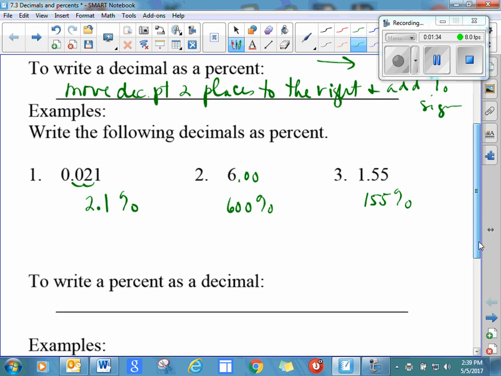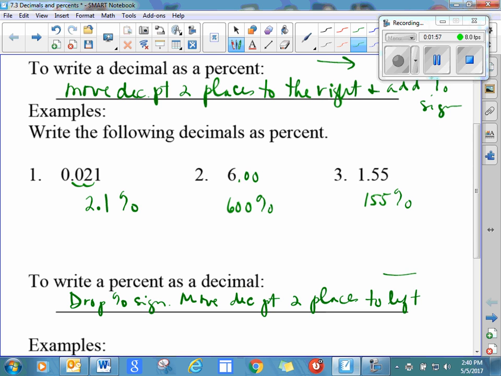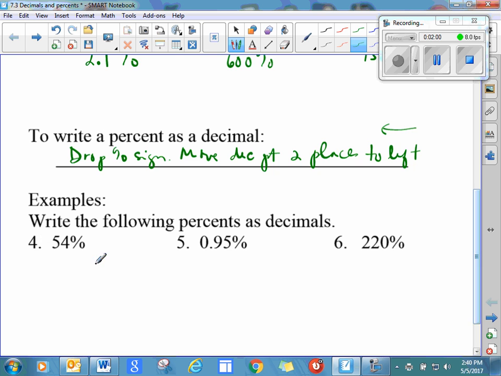155%. Going back the other way to write a percent as a decimal, it would make sense that we're going to do the opposite of what we did up here. We're going to drop the percent sign. We're going to move the decimal point 2 places, this time to the left, which is going the opposite direction. So this is straightforward. Drop the percent sign, find the decimal point. There it is. Move it 2 places to the left, and 0.54 is the same thing as